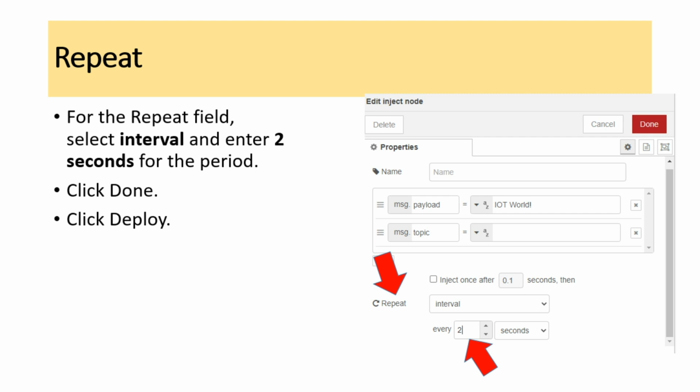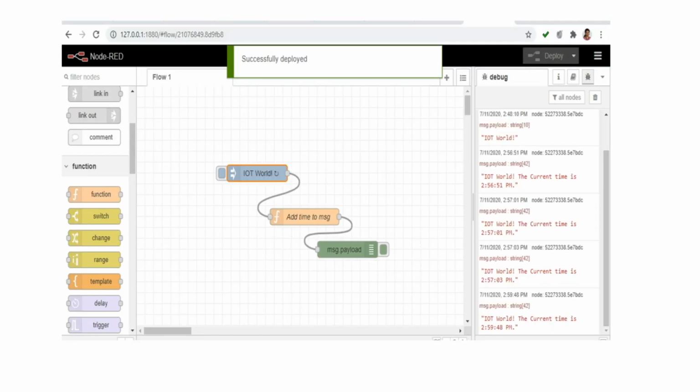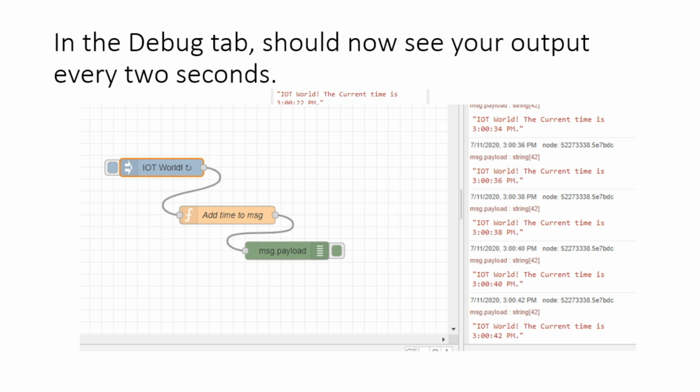That has to be repeated for that number of times. So for every 2 seconds, now the data is going to be displayed in the console. So I'm keeping 2 seconds here. Once it is done, you just click done. As usual, after done, you can click deploy. Once you click deploy, you will get a successfully deployed message. Now you could see after every 2 seconds the data gets populated into the window. So you go 36, 38 and 40 and 42, like this it gets displayed.